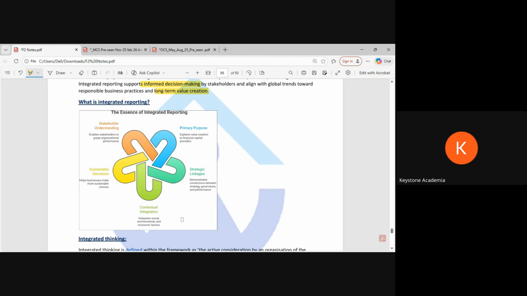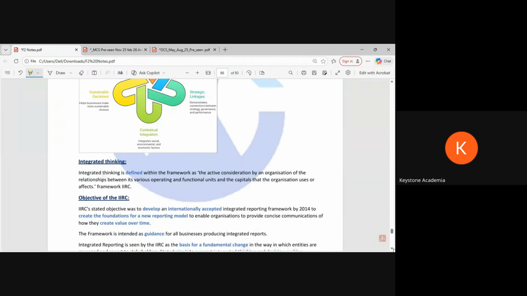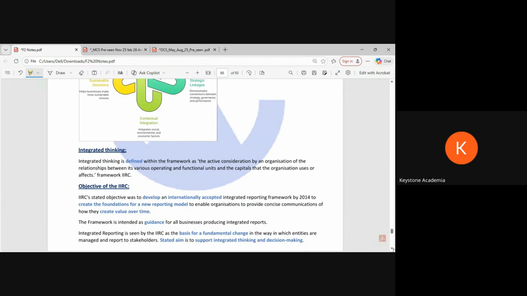Context integration, how we are dealing with society, environment, and economic factors. And this will eventually lead to integrated thinking. What is integrated thinking? That we should not prioritize only numbers or profit. It will come, but other areas should also be considered. In fact, there is some concept called 3Ps. It comes at a later stage, but is linked to this. They are saying 3Ps or triple bottom line. We should not think only about 1P, that is profit. We should also think about the other 2Ps, that is people and planet. If you think about people and planet, then business will be more sustainable.